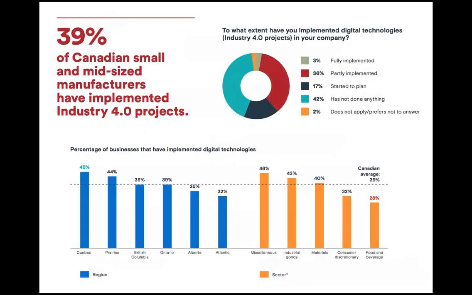Diving a little bit deeper into this study, it's actually 39% of small and mid-sized manufacturers implementing Industry 4.0 projects. This leaves almost 50% that really haven't done anything yet. And when we look at Ontario, where I'm from, it's right on the average, while food and beverage, which MAJK works in a lot, is well below the average. So there's a lot of opportunity for early adopters in this market to get significant gains if they start working